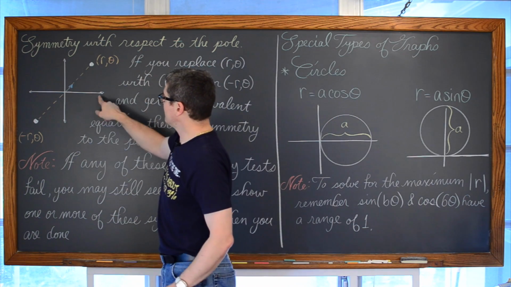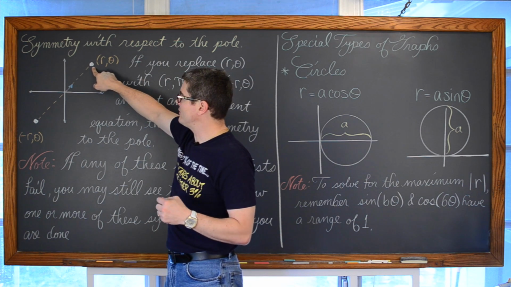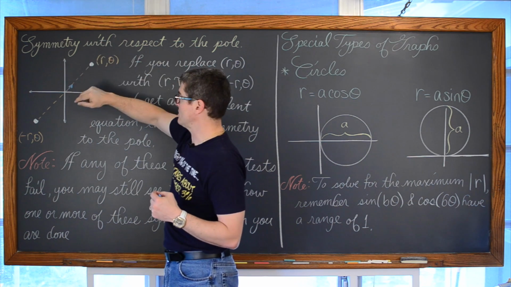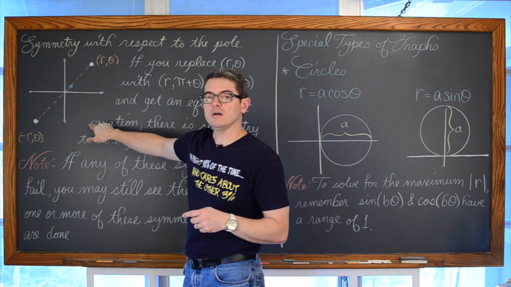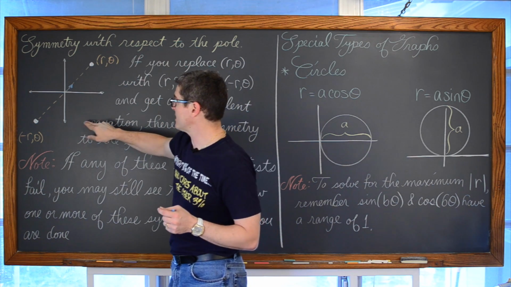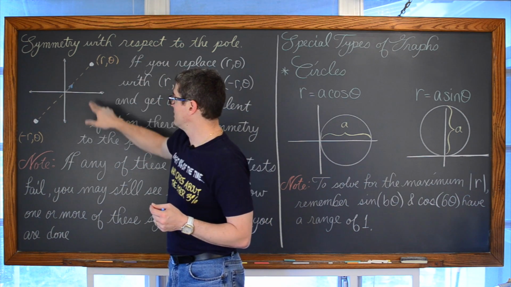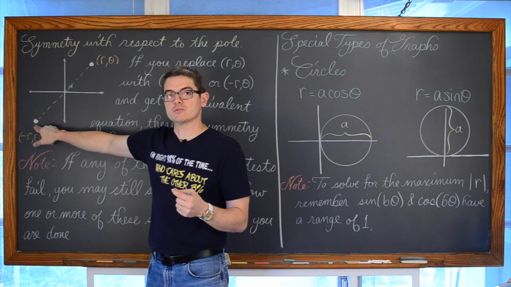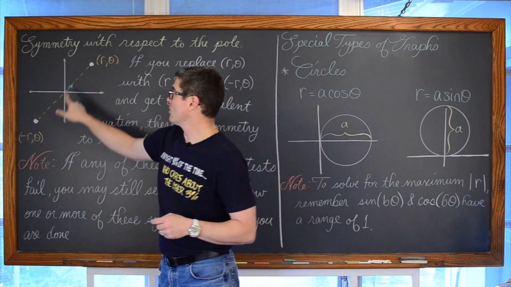Well, it looks like we have this point here in quadrant 1. It doesn't have to be in quadrant 1, but if the graph is symmetric to the pole, then you can look at it two different ways. We can look at it as a reflection over the polar axis, so we reflect that point over the polar axis and get it down here, and then reflect it again over the line theta is equal to pi over 2. Two reflections get us from the original point to another point which is symmetric to the pole. Or I always just say that it's a rotation of 180 degrees or pi radians around the pole.